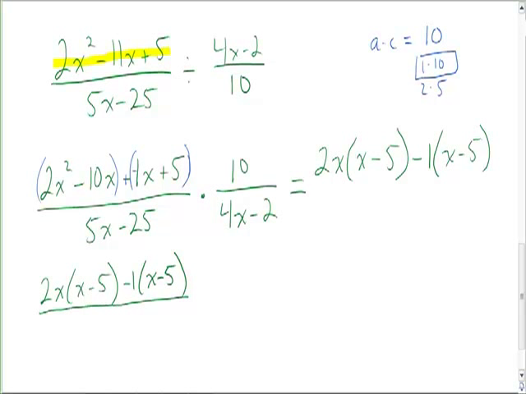Now let's go ahead and factor the 5x minus 25. I'm going to factor out a 5, and that leaves me with x minus 5, and this is being multiplied by 10 over 4x minus 2. What can I do there? I can factor a 2. 4x divided by 2 is 2x, minus 2 divided by 2 is 1. Okay, now I am going to go